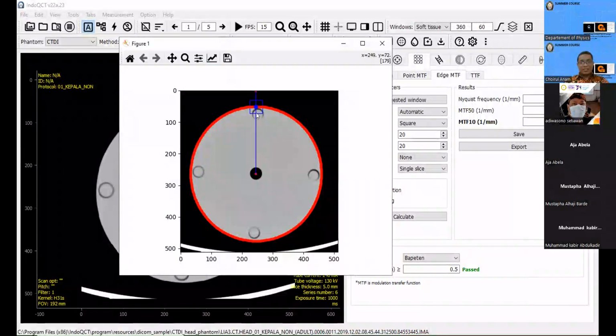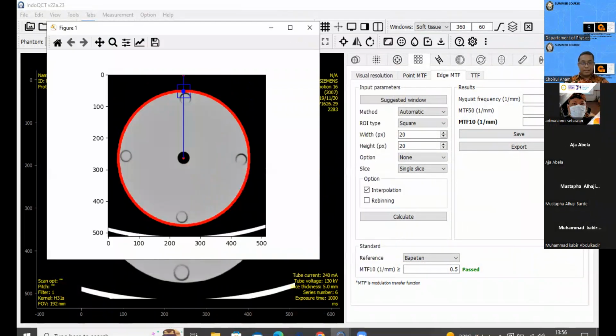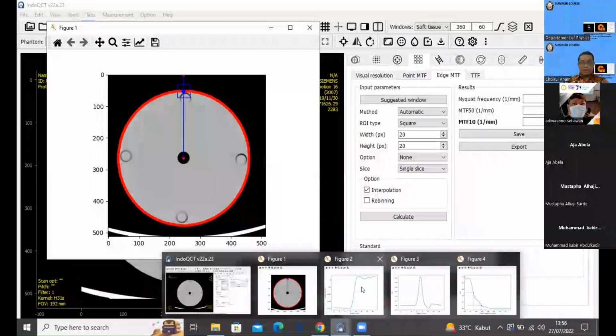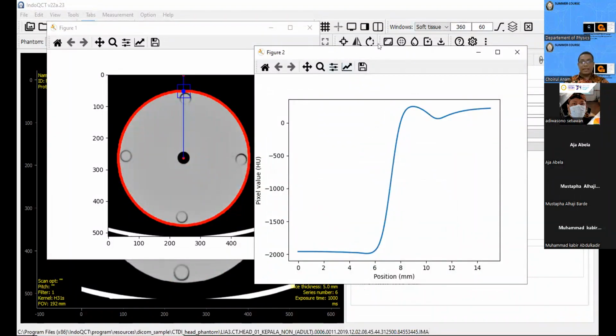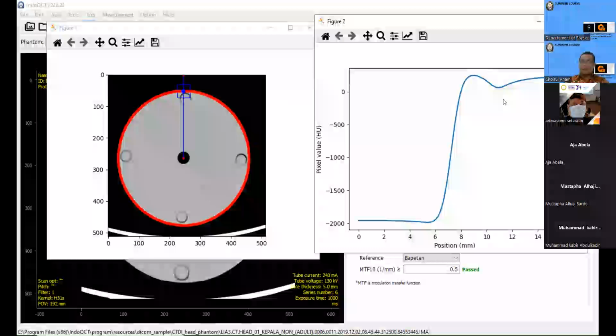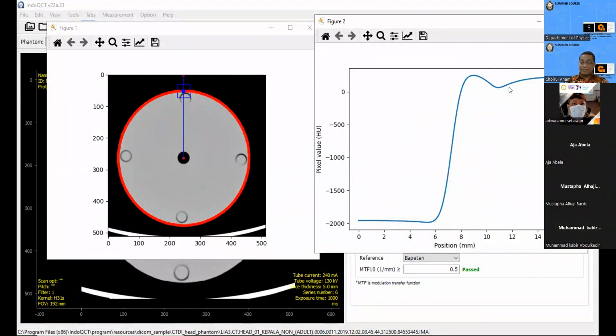Because this hole is closed with the acrylic material, the inhomogeneity is only small. This is our ESF, with a slight fluctuation because of the hole here.